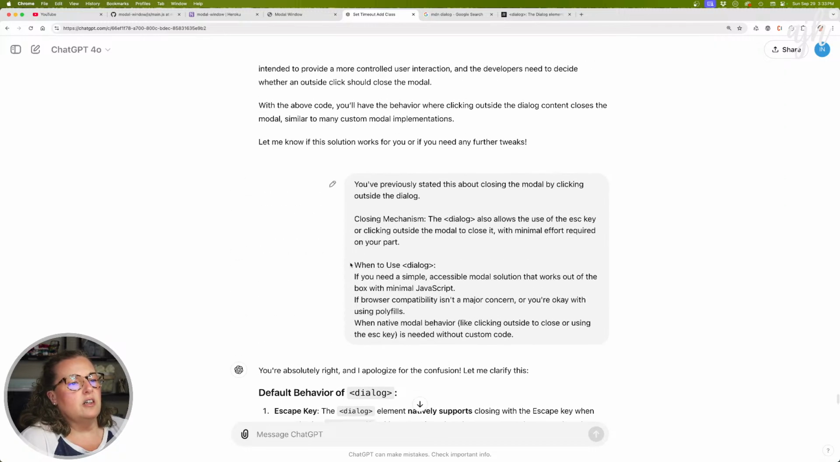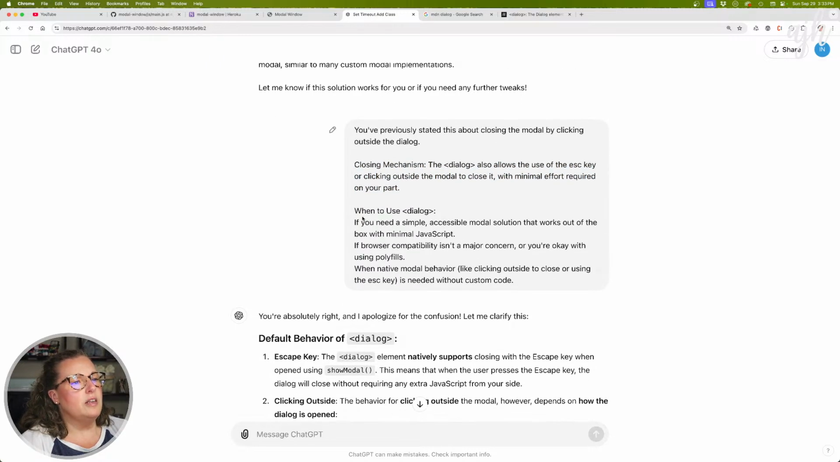And it says here, closing mechanism, the dialog also allows... okay, I'm willing to say that this is my misinterpretation, because it does say with minimal effort required on your part. But it does say here when to use dialog: when native modal behavior, like clicking outside to close or using the escape key, is needed without custom code. Okay, I mean,